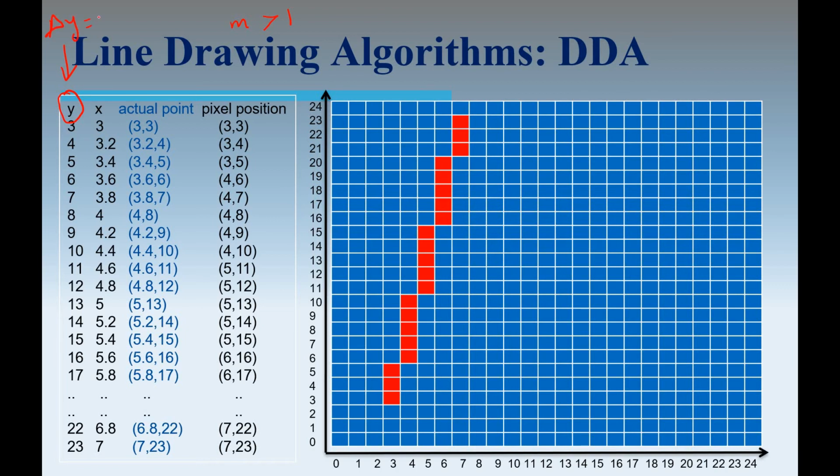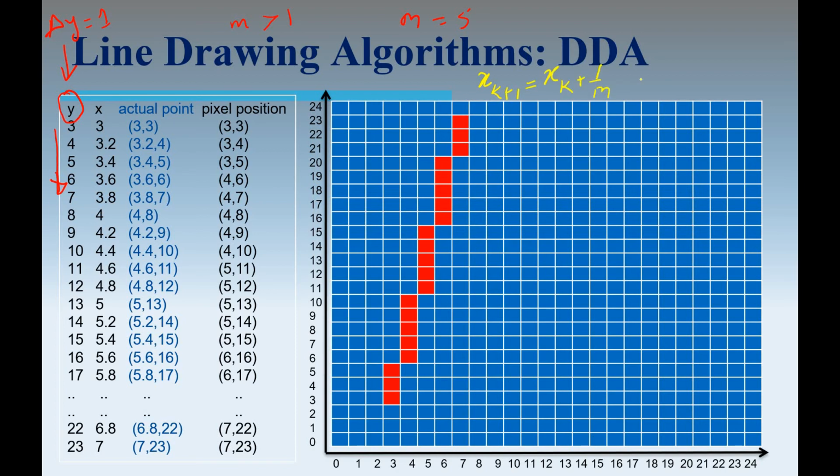Changes in the y-axis will be 1 pixel at a time. As you can see from here, it changes at 1 pixel. Now we simply have to find out the value of x for every corresponding y value. We already know that the value of m is equal to 5, but the formula we have here is x of k plus 1 is equal to x of k plus 1 by m,